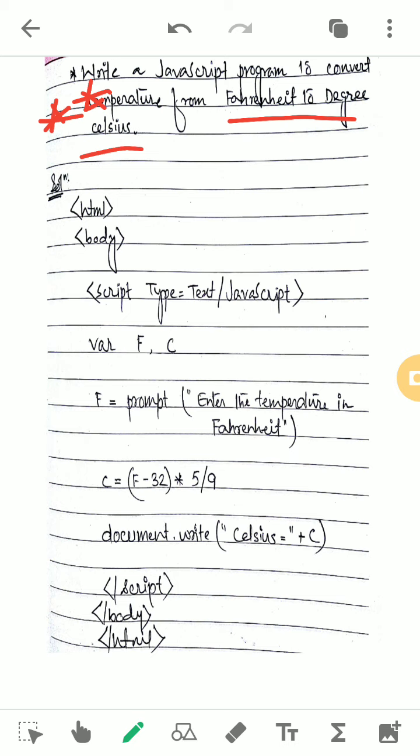during this COVID-19 pandemic, perhaps your temperature was also checked at the school gate with a temperature gun. There, your body temperature was checked in Fahrenheit. As you know, there are two types of temperature: room temperature and body temperature. The body temperature is always calculated in Fahrenheit, using the Fahrenheit formula, and room temperature is in degree Celsius. So here you have to convert the temperature which is entered in Fahrenheit. Like the example, when it was checked at your school gate by that temperature gun, it was showing 96, 98.